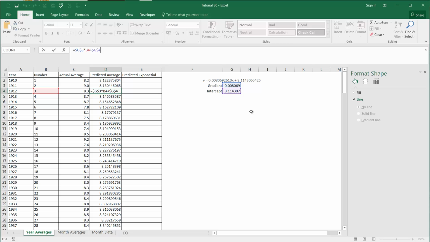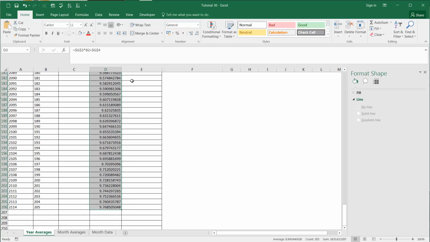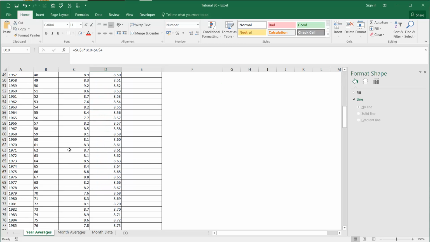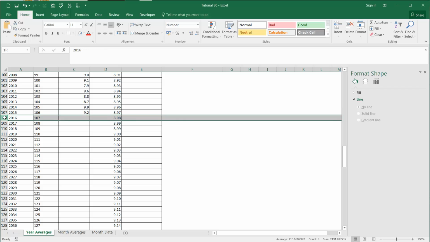It means they're still going to be referencing these ones over here. They're not going to drop down like the one without the dollar signs is onto the next row. So this then gives us our predicted averages. And if I press this button a few times, it's going to make it a little bit easier to read. And as we go down, if we go to the bottom of our actual data, you can see now